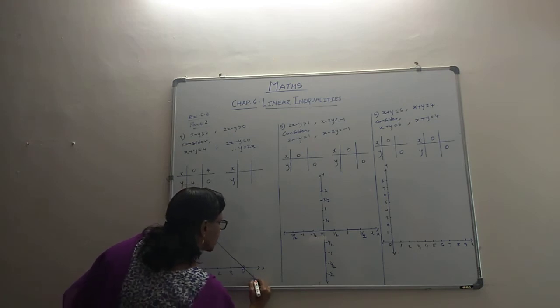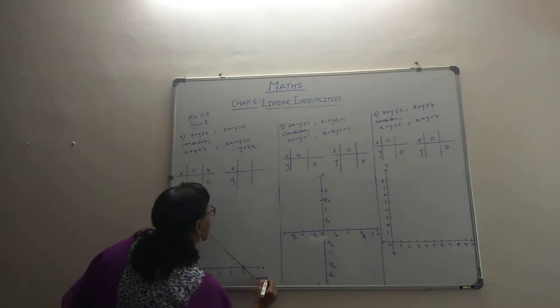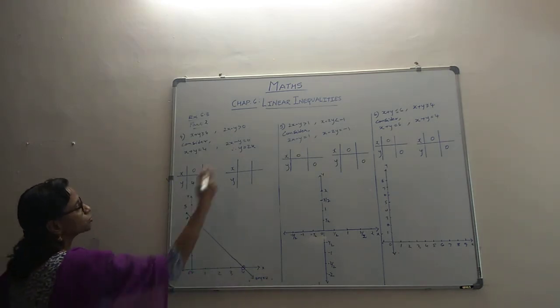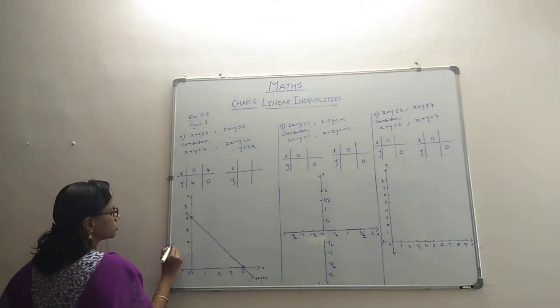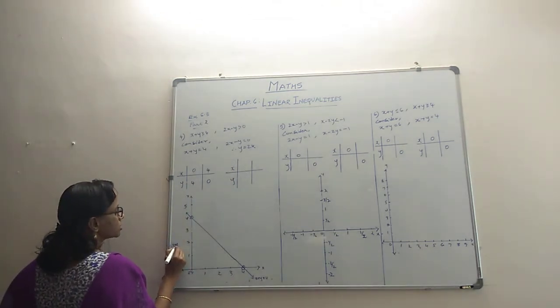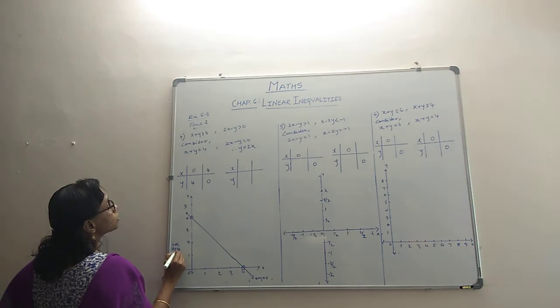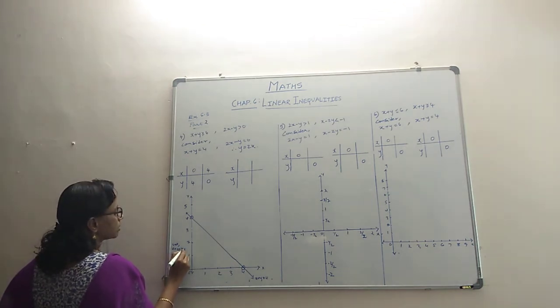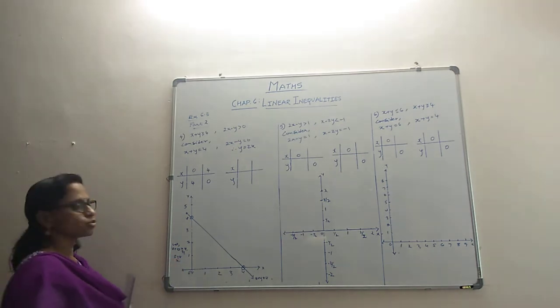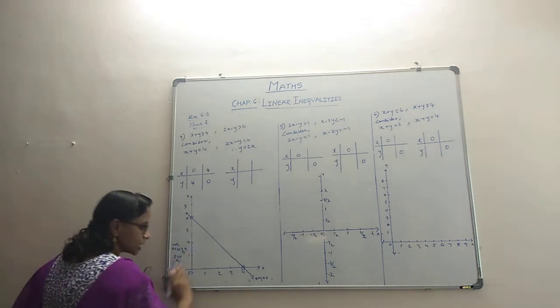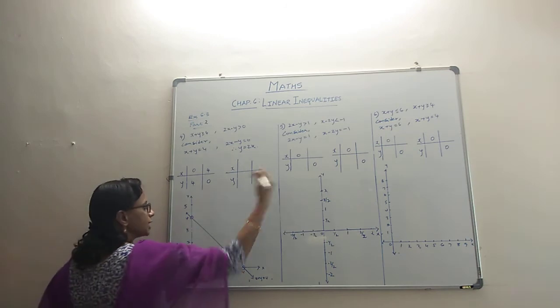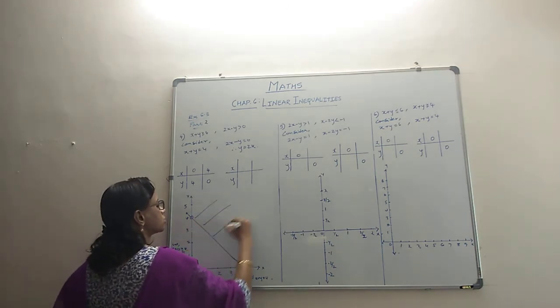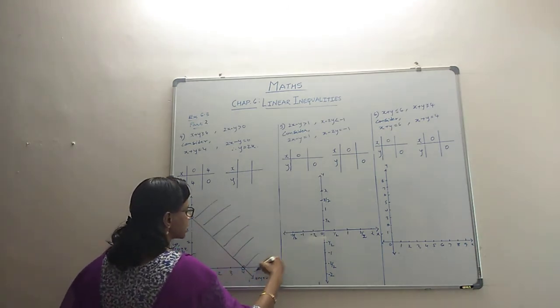Don't forget to indicate the line that it is x plus y equal to 4, and which should be the part, whether it should be the top part or the bottom part. So we are substituting 0, 0, for example, 0 plus 0, and then we are going to compare. 0 plus 0 means it's 0, greater than or equal to 4 is never possible, that's mathematically wrong. So the region of the origin is not the solution, the other part is the solution. So this is the part of solution for this line.